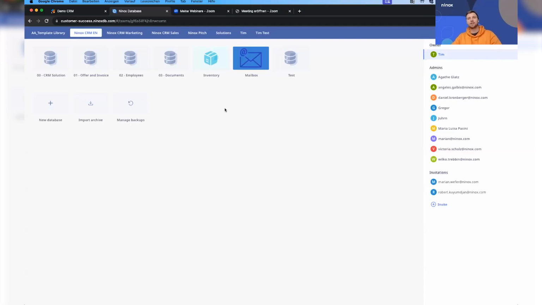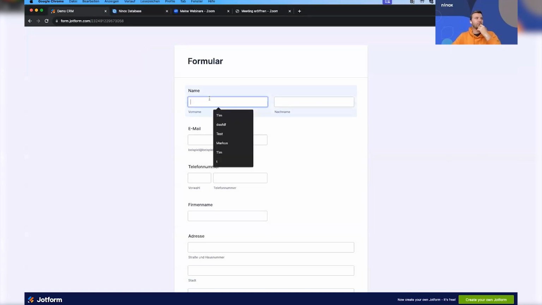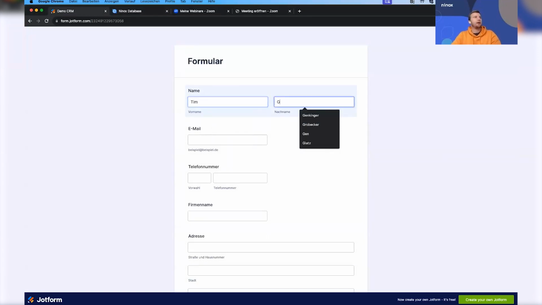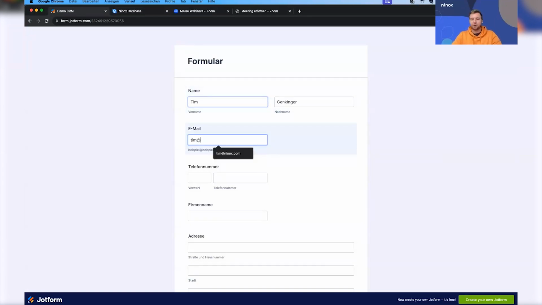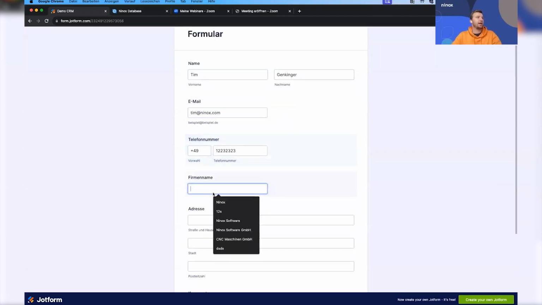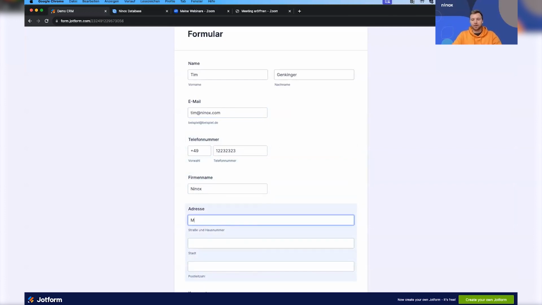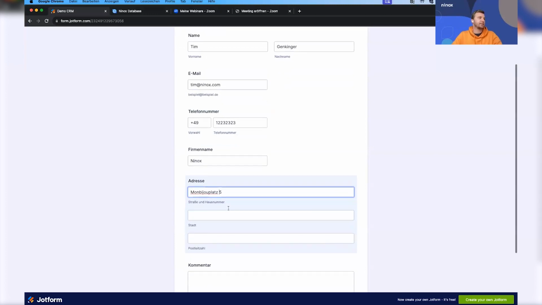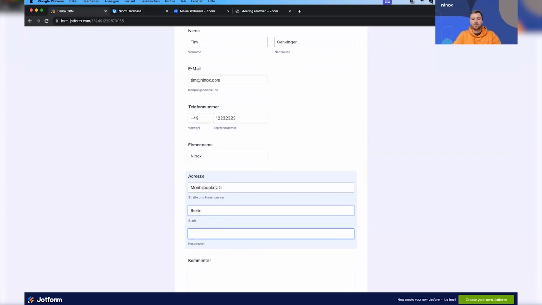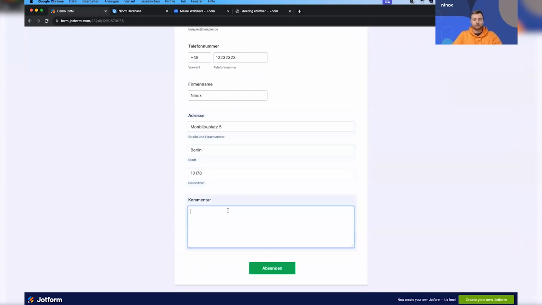Ninox. So we started to develop a standard CRM module, which I can use as a company as a starting point. And I'll start a little bit earlier. We're thinking of a website where our customers can put in data. I just took a Jotform here, which is a provider for that. I'll just put in the same data as I did before. The difference is this time the customer is putting in the data and